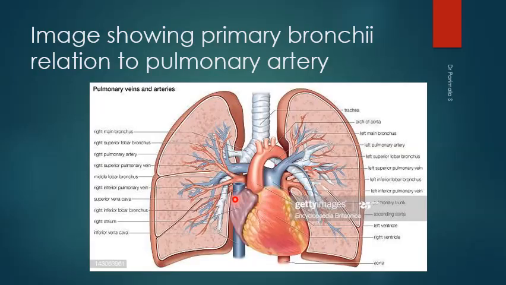Now in this image, I want you to see this one. This is the pulmonary artery. This is the left pulmonary artery, and this is the right pulmonary artery. And this one is the bronchus. So at this point you can see, before being crossed by the artery itself, the right bronchus has given off a lobar branch to the upper lobe of the right lung. This one, right?